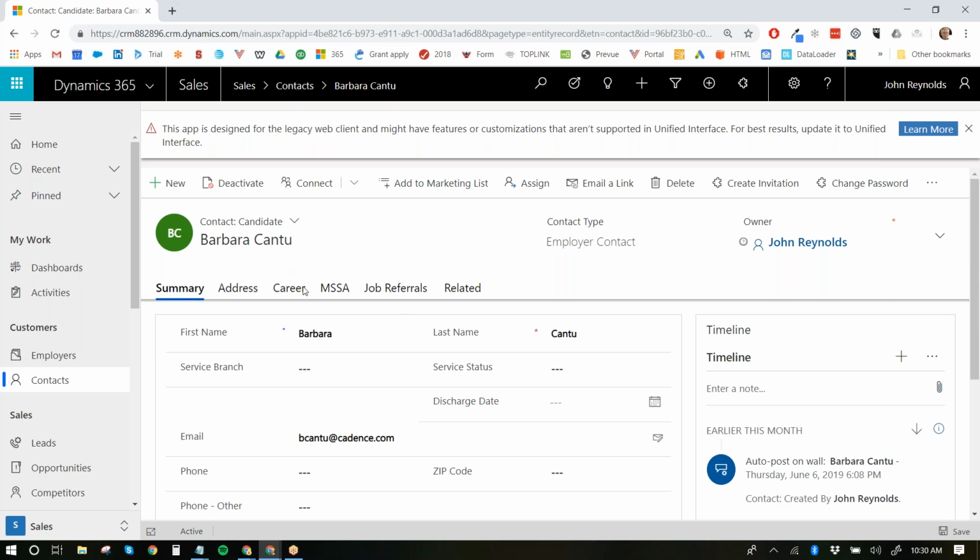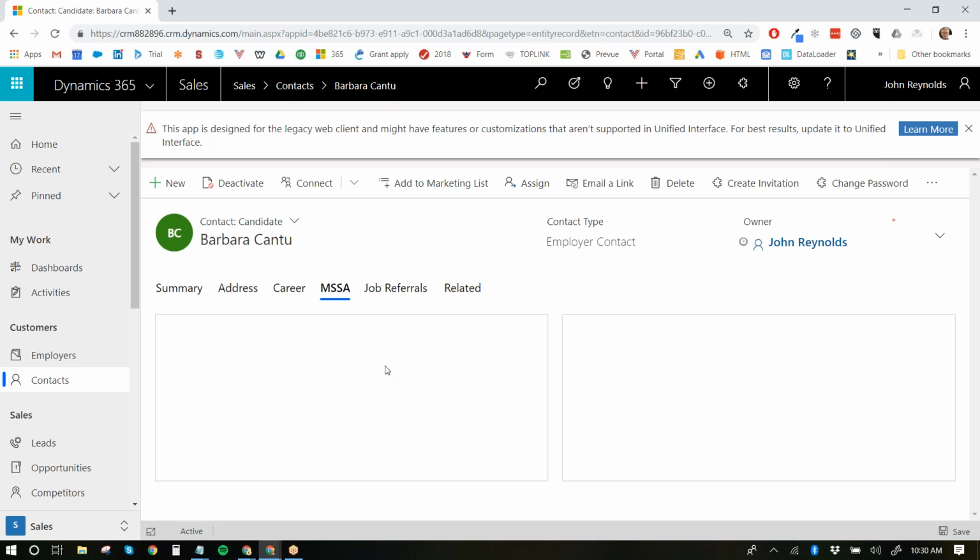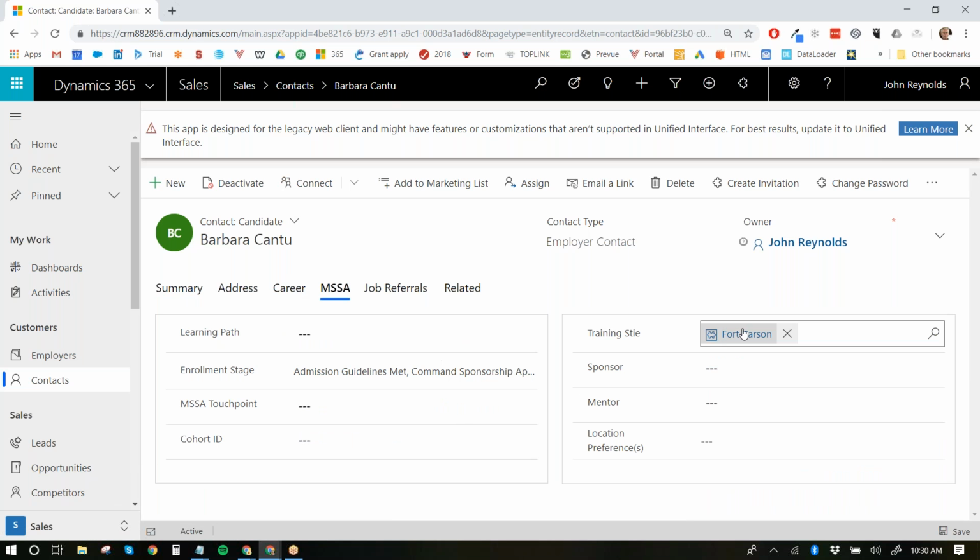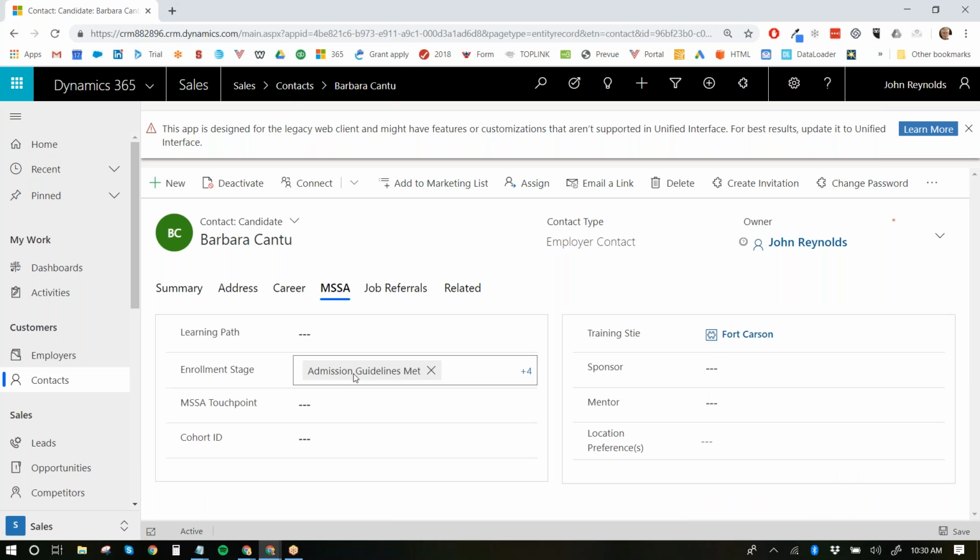The candidate, hopefully the MSSA, Fort Carson, right? So you click right to her, and you can then say, okay, here's the list of candidates that are in this resume release date window because they're in the class right now.